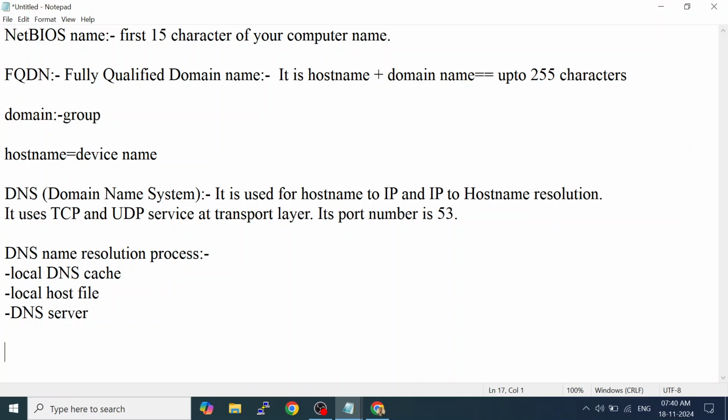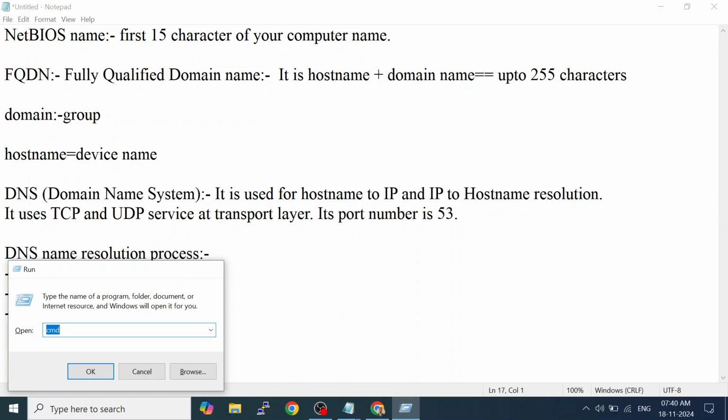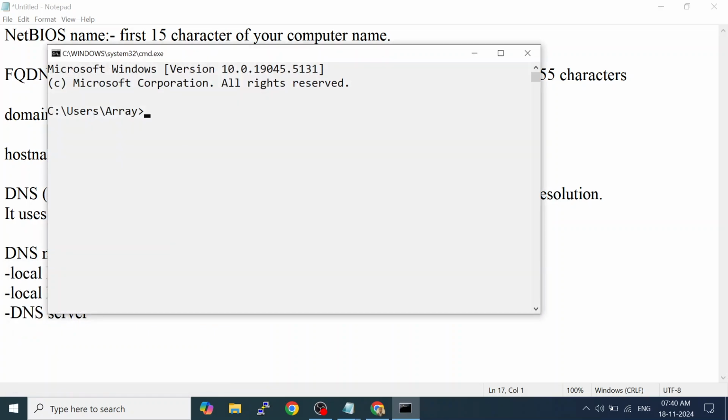Okay. Now let me show you, if you are troubleshooting, how you will identify where your request is going. First, you will see the IP address of your DNS, and whether your DNS is working properly or not. To test the DNS functionality, we have the command nslookup. NS means name server, and lookup means query.